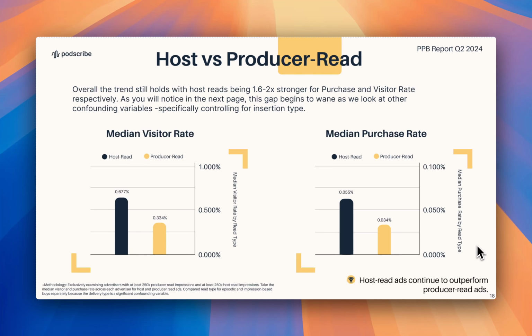I think we didn't do it in this one. I wanted to, but hopefully in the next one we will put in cost metrics, because no matter which way you look at it, host reads are better, but they're more expensive. So it's not really the question of if they're better. It's more the question of whether they're worth it. So here, roughly, 1.5 to 2x better is what we see.